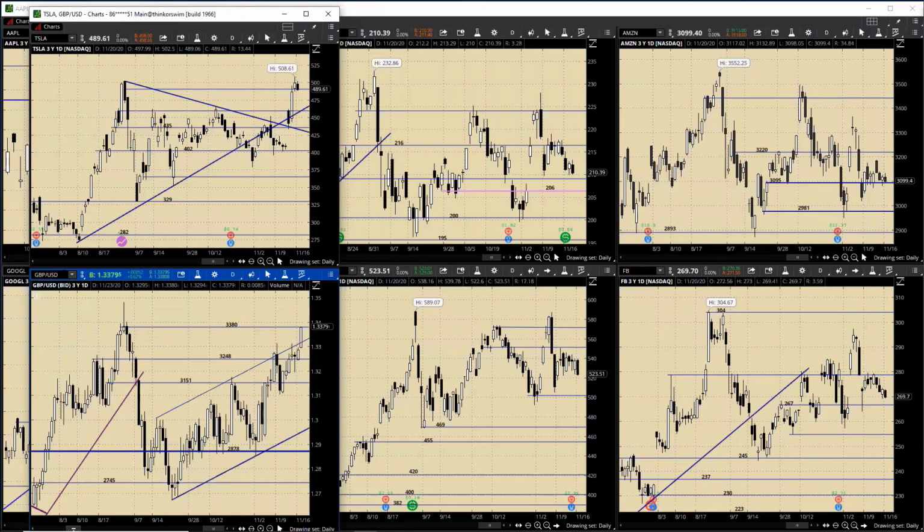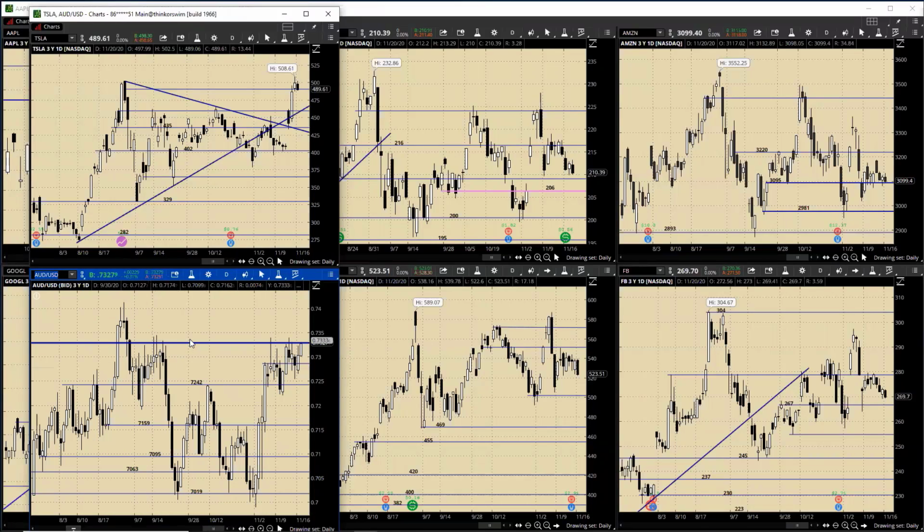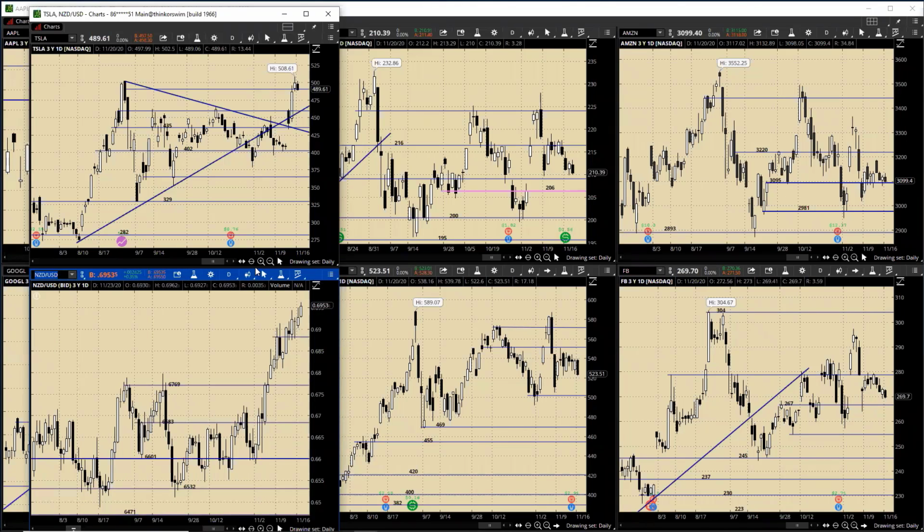Taking a look at the Aussie. Yeah, right here at that 73.30. That's our bias chart resistance, 73.30. And then lastly, the Kiwi. New highs. I think we have 69.75 for our bias chart resistance here. And then lastly, I will take a look at the